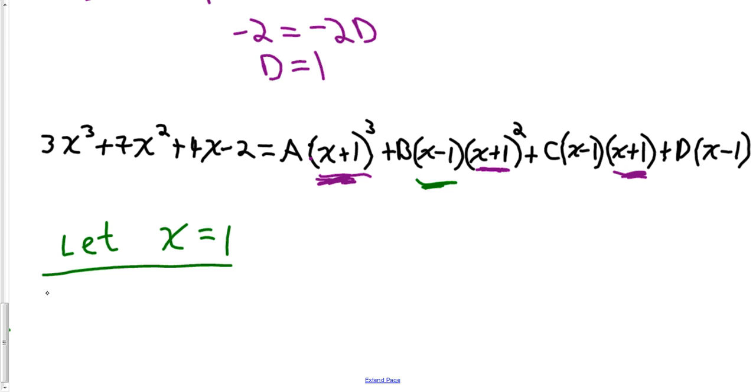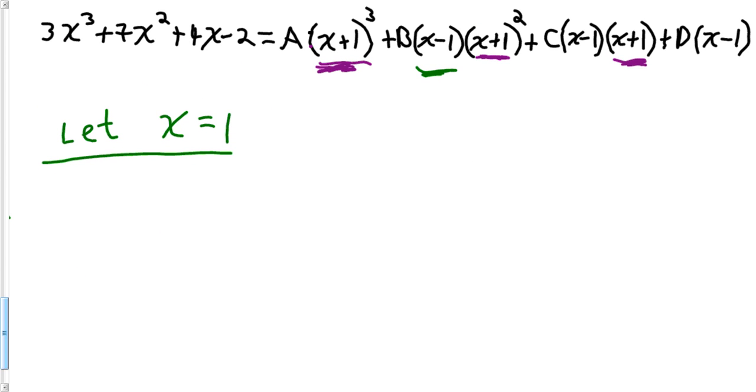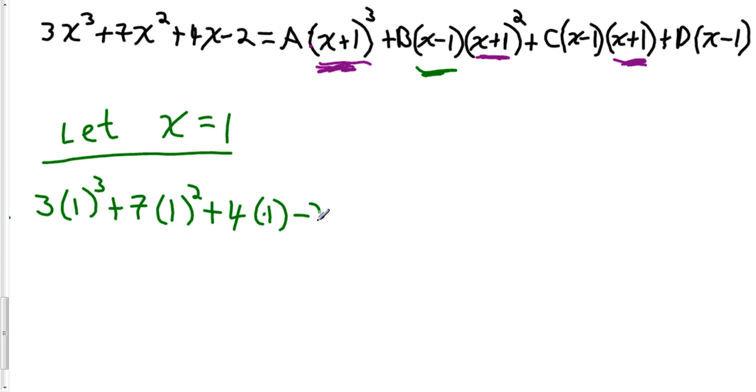So I'm going to have 3 times 1 to the third power plus 7 times 1 squared plus 4 times 1 minus 2 is equal to